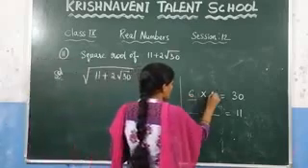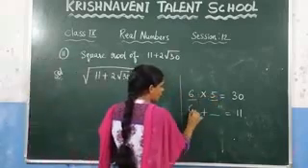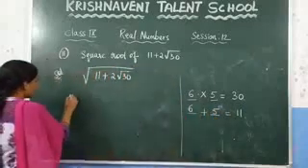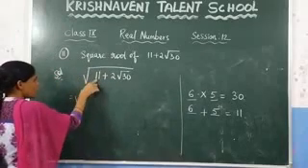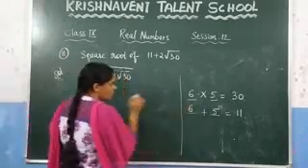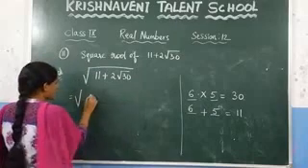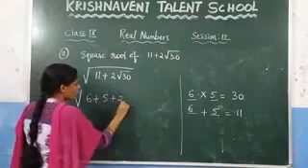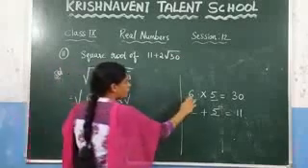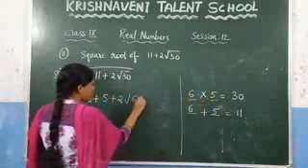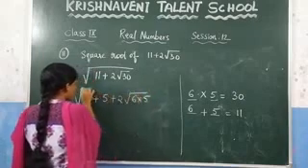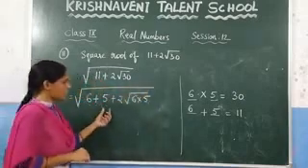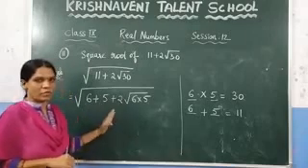After checking you can see that 6 into 5 is 30, and 6 plus 5 is 11. So here, in place of 11 you can write 6 plus 5. Can we write that? Yes, because 6 plus 5 is 11. So write it here: 6 plus 5, 2 root. In place of 30 what can we write? We can write 6 into 5. So we have written here 6 into 5. So we have written it in the form of a square plus b square plus 2ab. Right, that is what you want to write here.